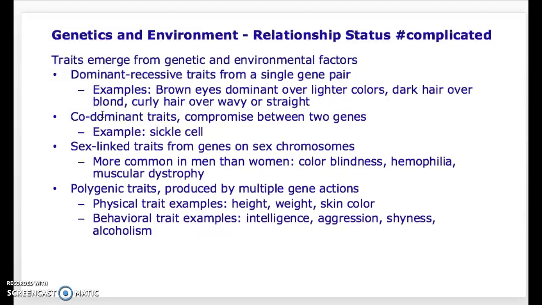So the likelihood of these things increases if both parents have that genetic trait. If you have two high IQ parents, you tend to have a high IQ child. If you have two highly aggressive parents, you tend to have a highly aggressive child. And it's the same thing with addiction disorder. But remember, it's a tendency. It's not an absolute. There's always variation in behavior, variation in development. Sometimes this is just variation in the genetic makeup, but it also can be variation in terms of the environmental influences.